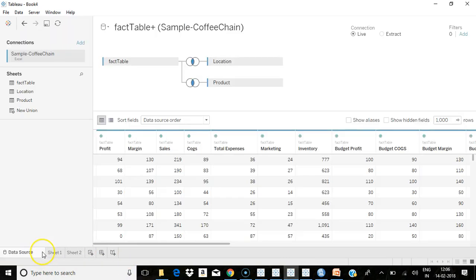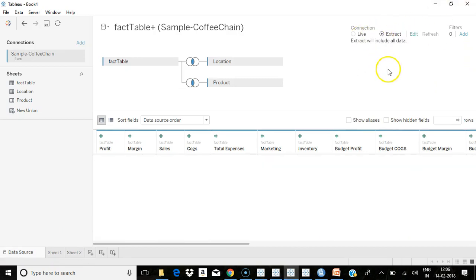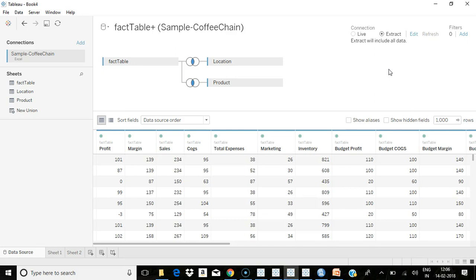When you're connecting to any data source, you will have the live and extract option. When you go for an extract, you take either the entire data set. As I said, when you're connecting with flat files, the files are going to be much smaller in size, so in those cases we can take the entire data set also. But why should we go for an extract? It is going to improve the performance as you convert to an extract. It works with the fast data engine connector.